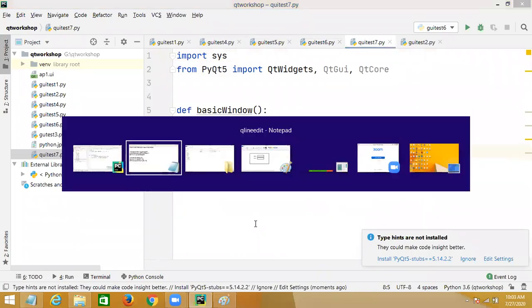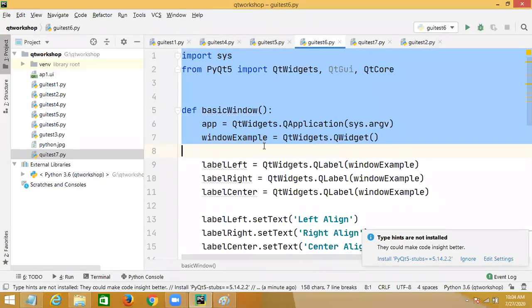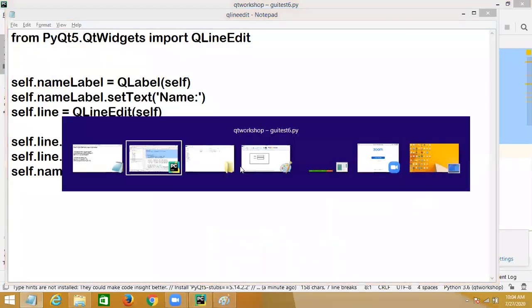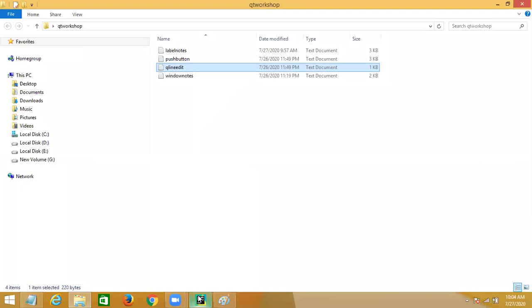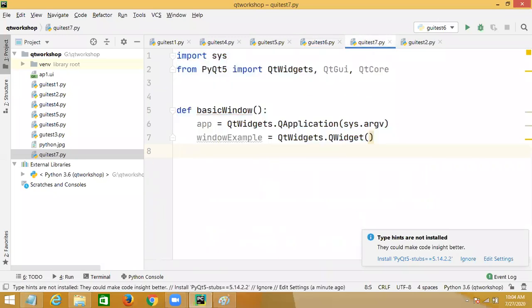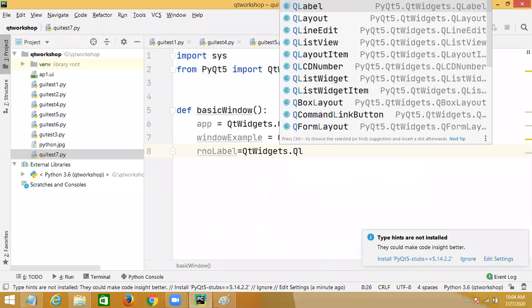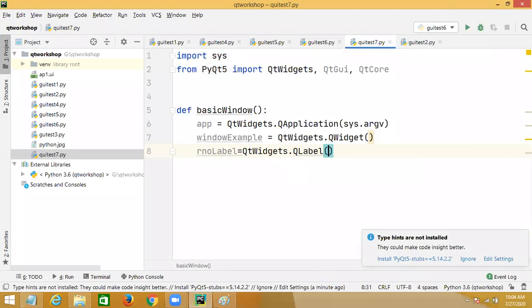Now we need to create labels. First, you need to create labels. Label 1, sorry. The roll number label equals QtWidgets.QLabel, where you are creating this window example.